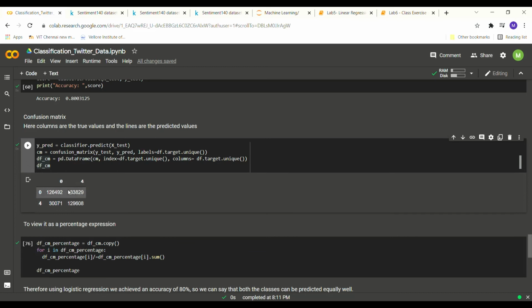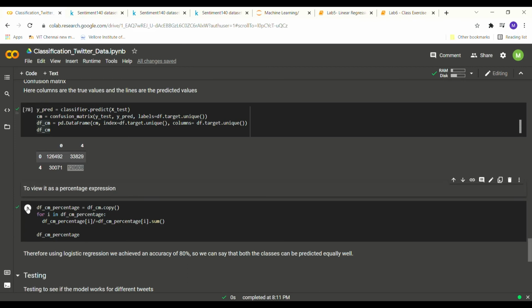And for what was actually positive sentiment, the model has incorrectly predicted as negative. And for this many tweets, what was actually positive, the model has also predicted as positive.